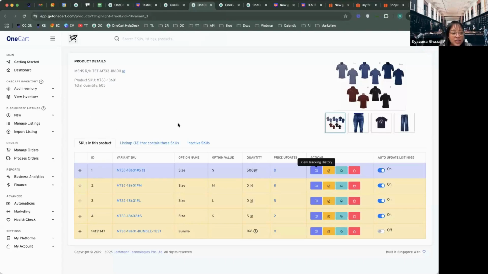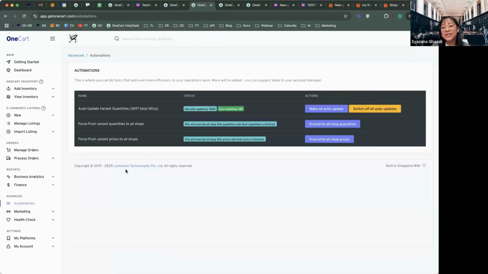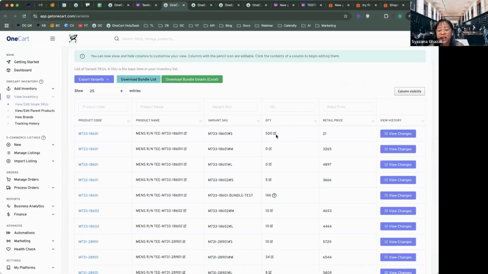So another question is, under what circumstance do I need to use the force push function? Okay, so this force push is another function that OneCart has. In what circumstance do you use it? For example, sometimes a discrepancy can happen. Maybe you feel like there are too many SKUs with discrepancies across platforms, and you see your Lazada platform is not right. Instead of having to go to the SKU and key in the quantity,